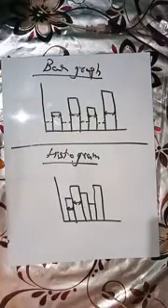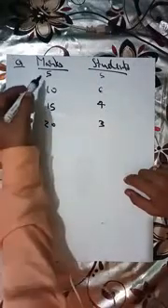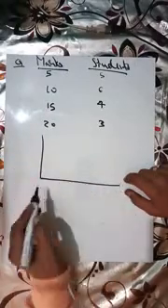Let us take a few examples. This is a question I've taken. Marks are written as 5, 10, 15 and 20. Suppose in a test there are 4 types of marks, 5, 10, 15 and 20, and these are the numbers of students who have got them. I have to represent them in graphical form. Since this is not in class interval form, we will draw a bar graph. Now, how will you draw it?